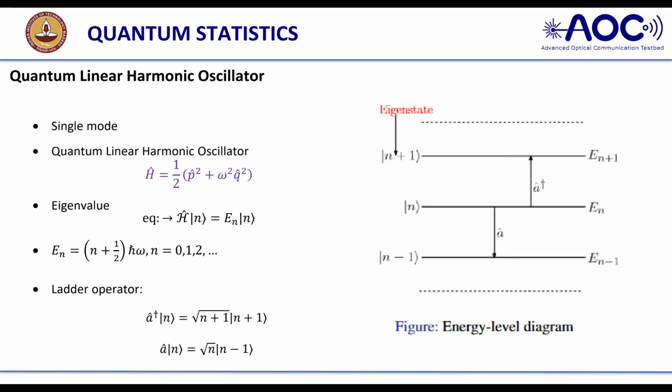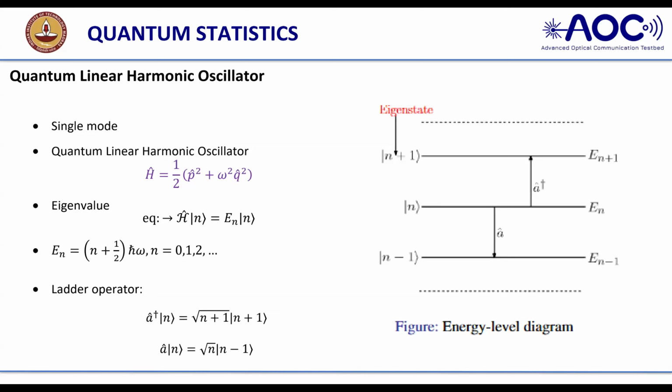Now we are thinking, okay, we have discussed the single mode, and through the electromagnetic field, we are able to write the operator. Operator means I can write H, that is the total energy of the system, and we are writing here potential energy plus kinetic energy, the summation. When the Hamiltonian acts on a state N, it gives my energy eigenvalue and it remains the same state.